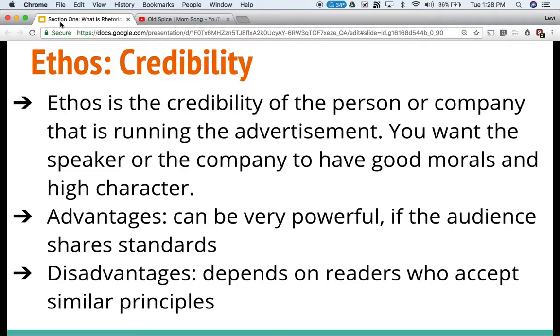And so he is no longer credible. And so if your company maybe donates to a certain cause, if they are the sponsor of some kind of charity or some kind of event, those are things that are great for that company, and therefore maybe you'll buy their stuff because of it.